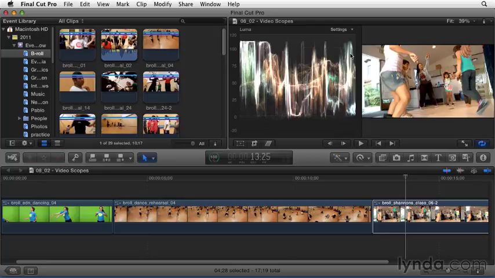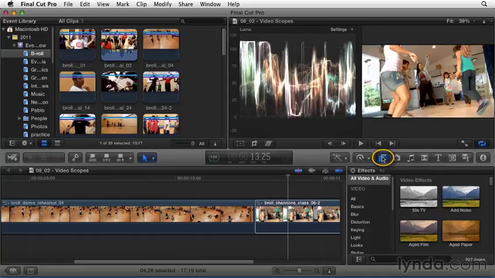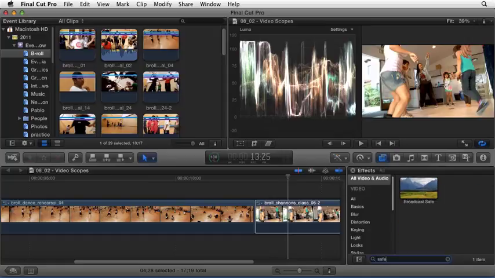Now, the effect is that you'll lose a lot of the detail in the image, and if you're going to be broadcasting this image, it's outside of something called broadcast safe. So not only could you be fined by the FCC, but the video will actually bleed over into the audio and you could hear buzzing. Now, the broadcast safe filter is located in our effects browser. Select your effects browser and simply type in safe, and you'll see your